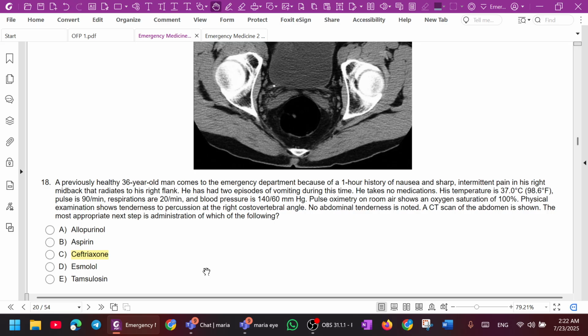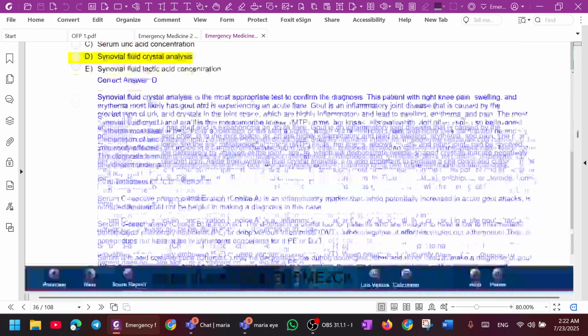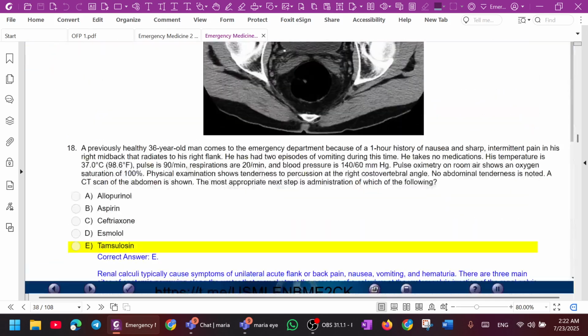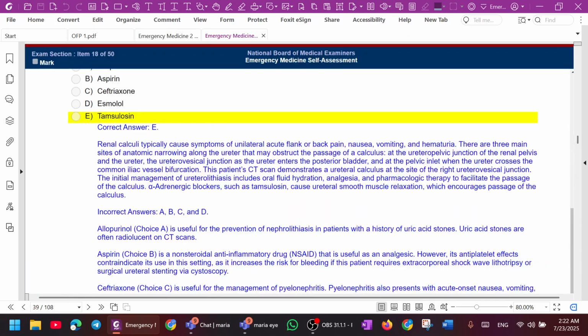Yeah, it's tamsulosin. The other ones don't make sense. Renal calculus or nephrolithiasis typically causes symptoms of unilateral acute flank or back pain, nausea, vomiting, and hematuria. There are three main sites of anatomic narrowing along the ureter that may obstruct the passage of the stone. At the ureteropelvic junction,